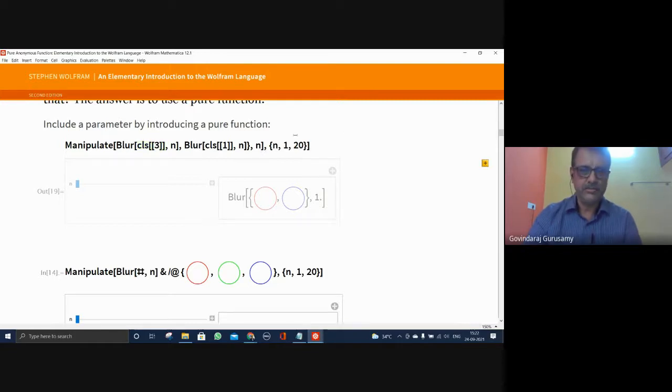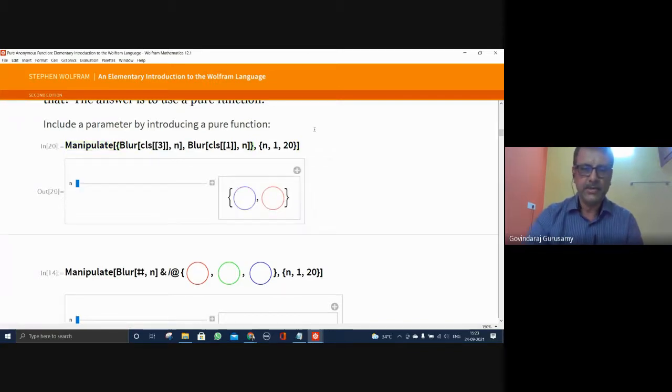So now I hope it should work. Is it going to work or not? It will. And just removing this. Okay, blur has been done here, and I'm supposed to have the list here. And this is removed because n is a variable, along with the blur that should be there, and that has been taken care of. 3 and 1, now we can see that this blurring is going to take place independently, and that is the result that you have. So blur is done independently for different values of n on each one of them. That is being combined here.